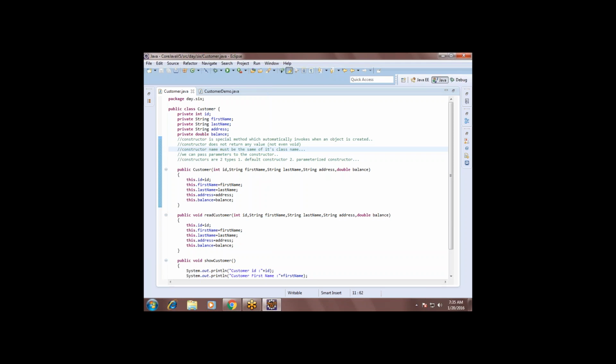For creating an object, we prefer a constructor instead of methods, right? Hello, Vivek? Yes, sir.